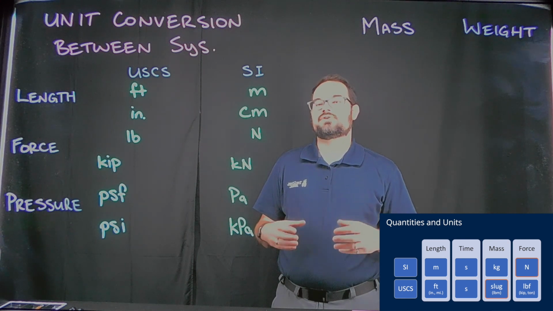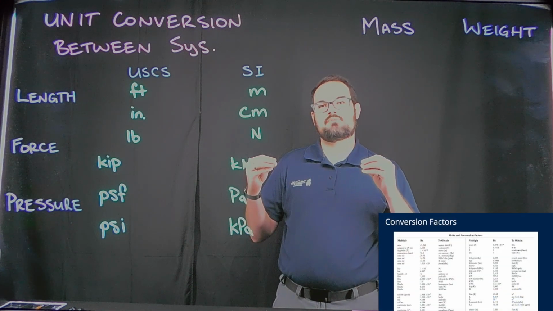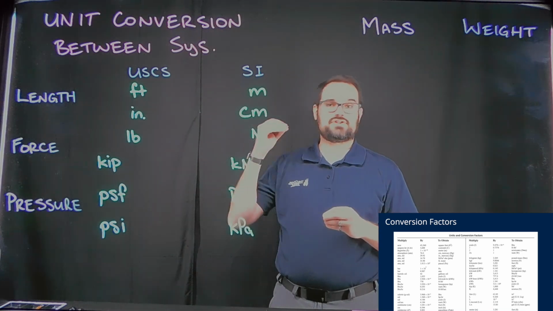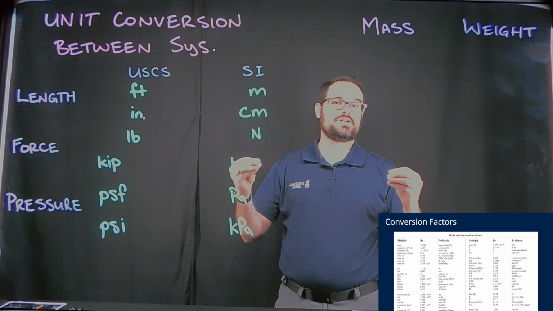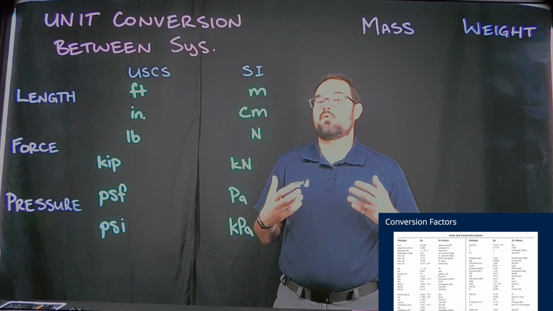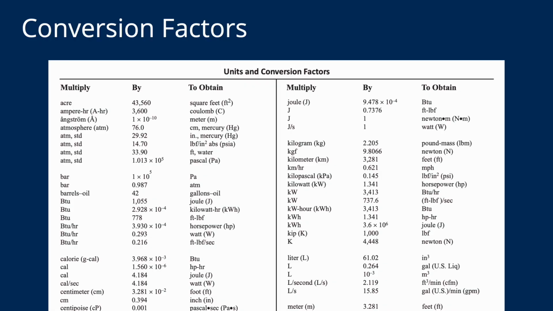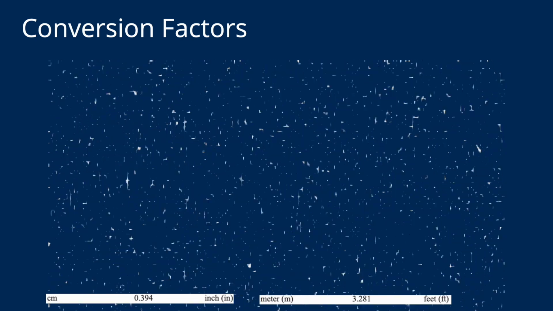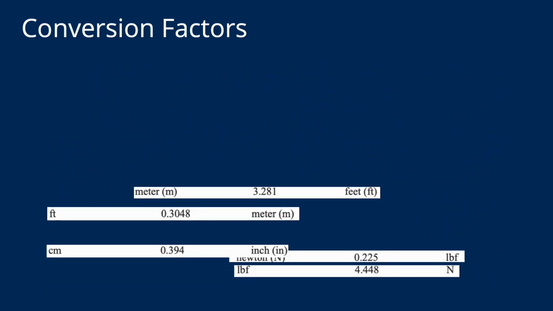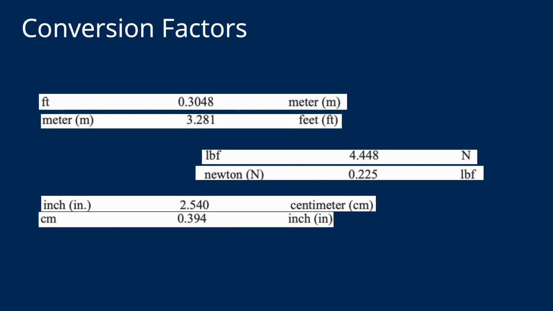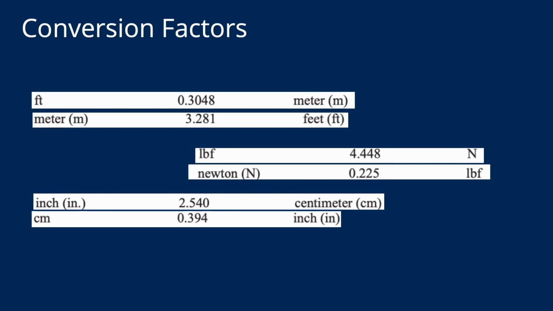Now, when we do that conversion, fundamentally what we're doing is setting up a ratio equal to 1, where a certain number of one unit is equal to a certain number of other units. And we have this wonderful guide in the FE reference handbook that tells us what those conversion factors should be. So for example, if we're thinking of feet, 1 foot, based on our conversion guide, is equal to 0.3048 meters. Likewise, we could say 1 inch is equal to